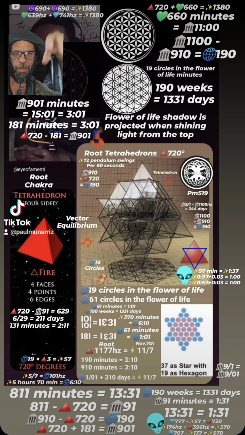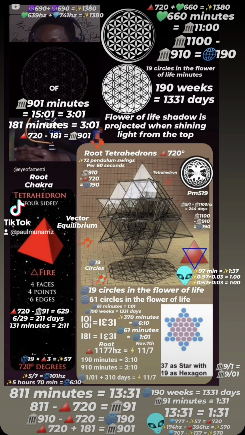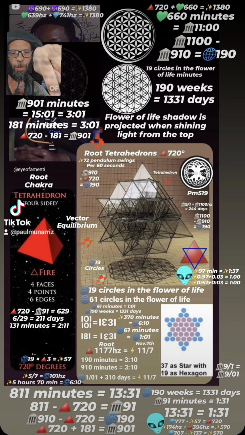Whenever you cast a light shining down, the shadow that it creates is that hexahedron, and that's 19 circles in the flower of life there. You can count all the circles that are in that hexahedron there, and then the star at the very lower right hand corner there, you'll see 37 circles in the entire star, and then inside that hexahedron there's 19 circles, just like how that's the flat, like 2D version of this three-dimensional version that we're seeing